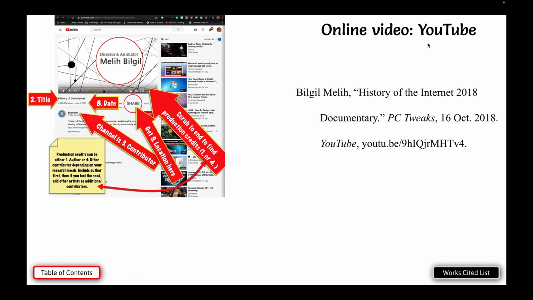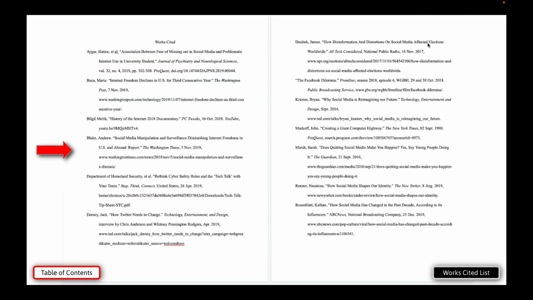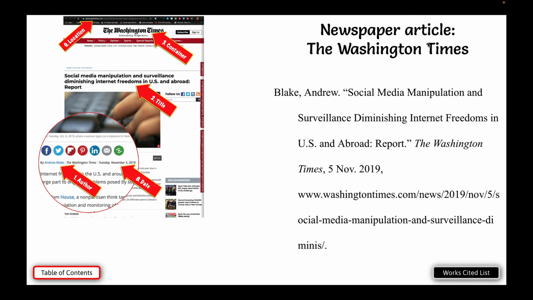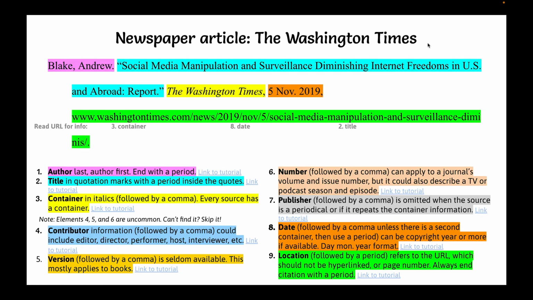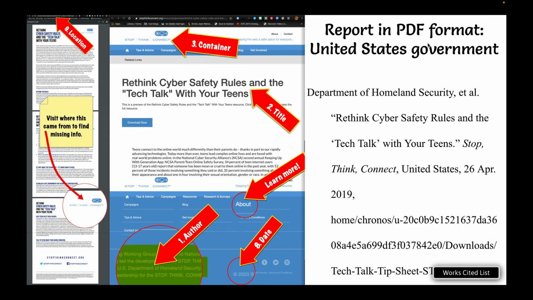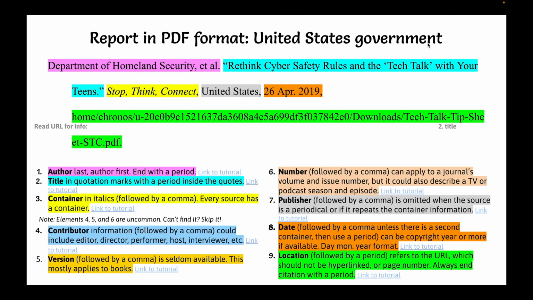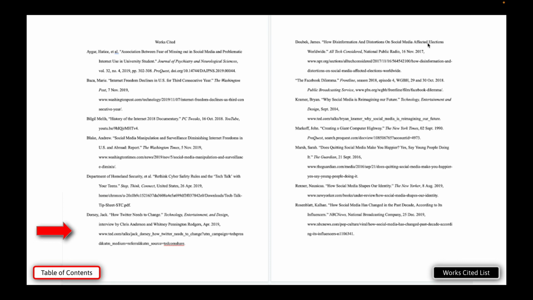All right. And then we have examples for, let's say, YouTube. And here's the color coded, and there it is in the citation. We have one from the Washington Times. There we go. A PDF document is almost always the hardest thing to cite. So literally you have to look at your whole document. You have to mess around with the URL and try to figure out what the source URL is. That can be really tricky business. And I think I pretty much stopped there.